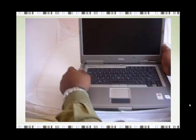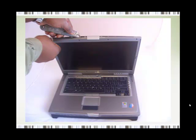After removing all the studs, you'll see the head of all the screws that hold the laptop screen firmly to the display bezel or the frame. Now, with a standard size Phillips screwdriver, unscrew all the screws that hold the bezel to the laptop screen. That was step six. Step seven, with all the screws removed, now get hold of the Stanley knife and press it in between the slit of the front bezel and the back panel